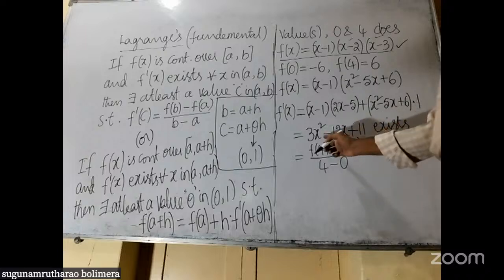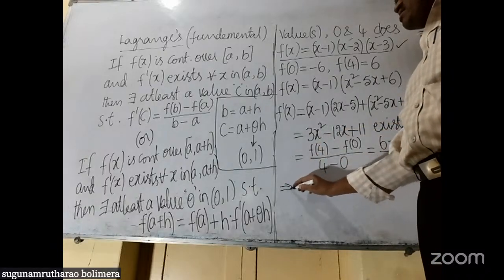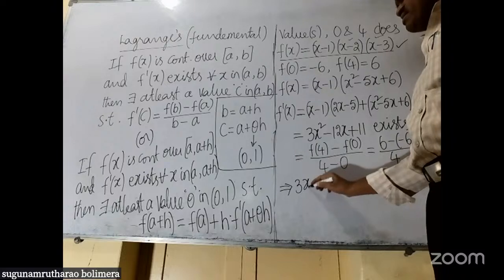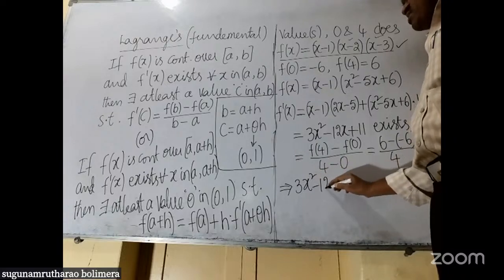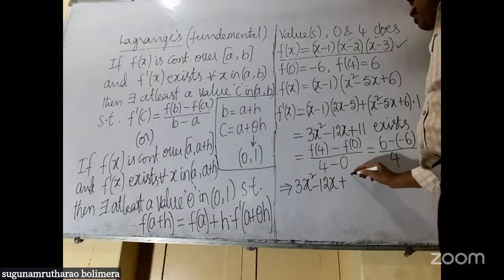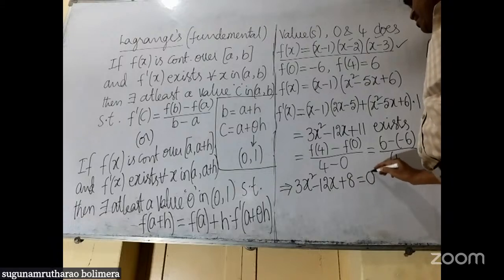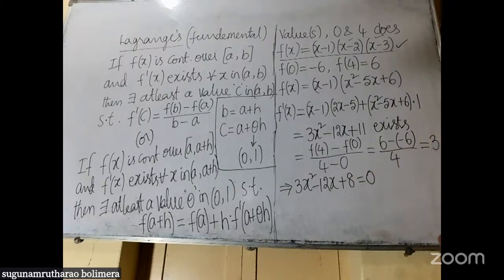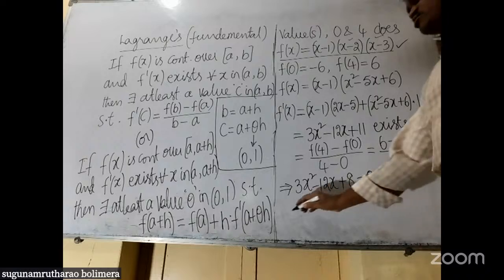So we bring this towards the left: 3x squared minus 10x plus 8 equals 0. Now if you solve this, x is equal to